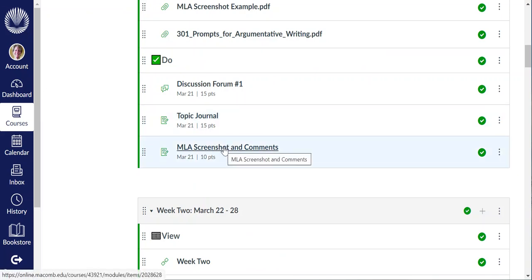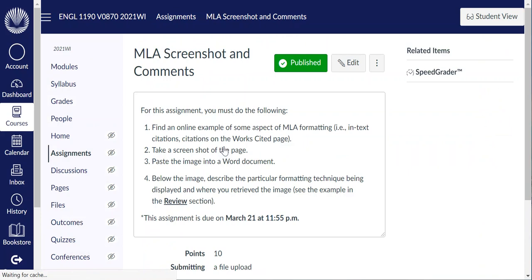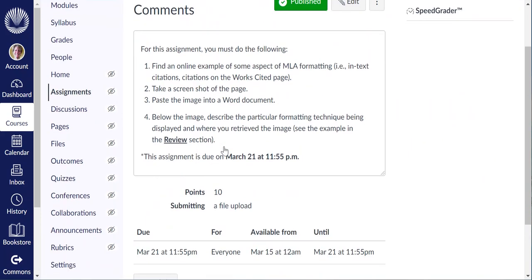And then finally, you're going to go ahead and post that MLA screenshot with the comments along with it and the location of the source of that screenshot. So those are your